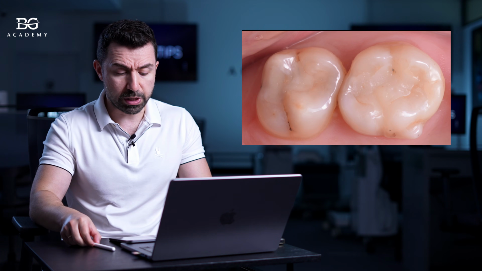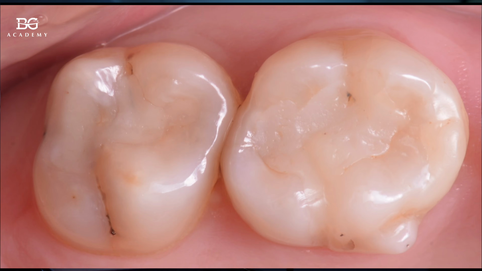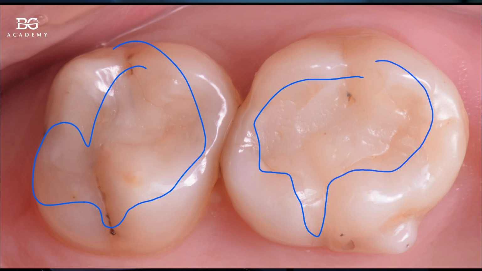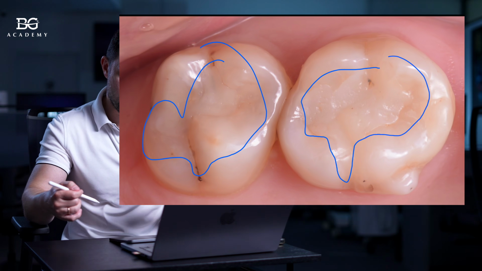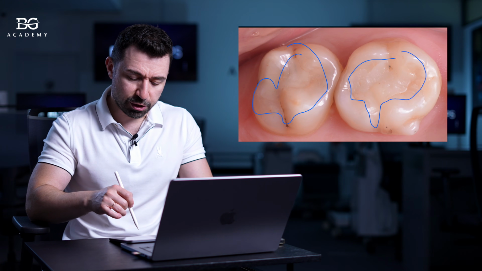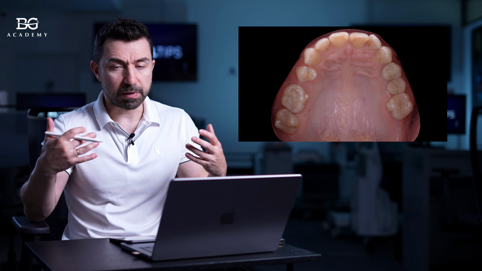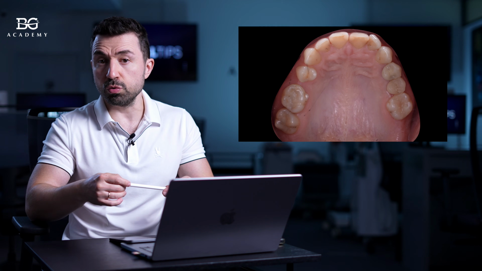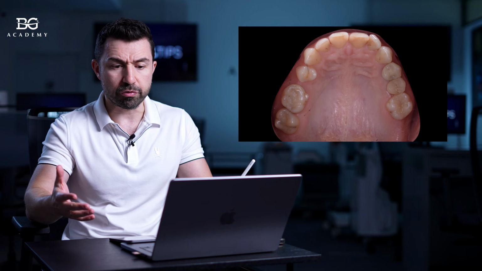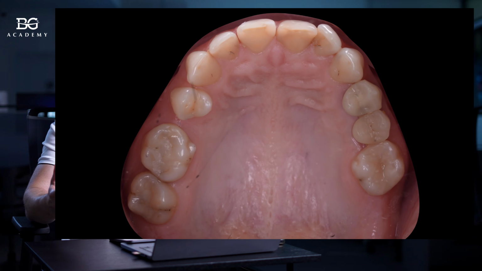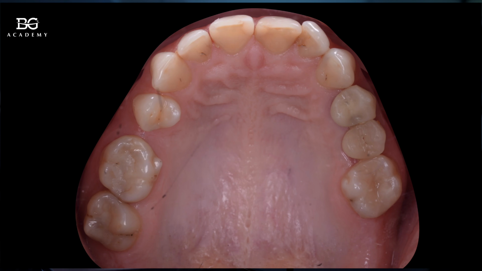But what should we do when your patient has, for example, old fillings or big caries defects, and the occlusal surfaces are not preserved to be copied and pasted into the patient's teeth? For example, you have a patient with a request to do caries management or to replace old restorations, and we have multiple teeth to be restored. In this case, we can also do the stamp technique from a model.